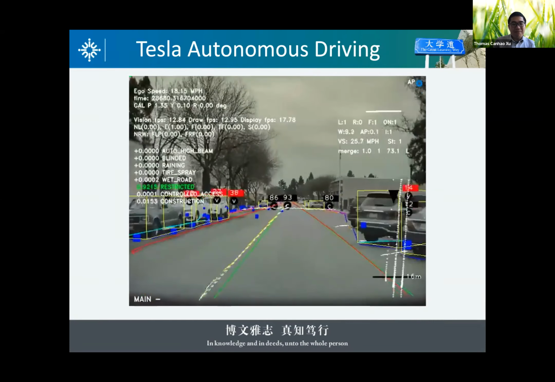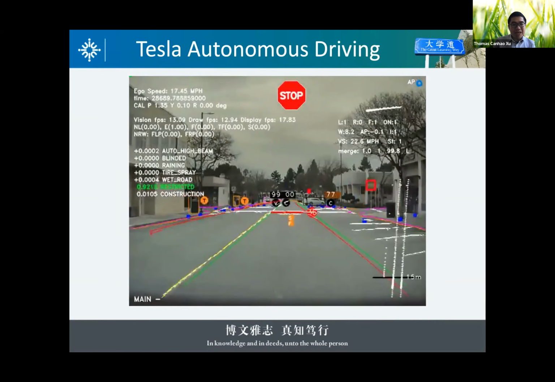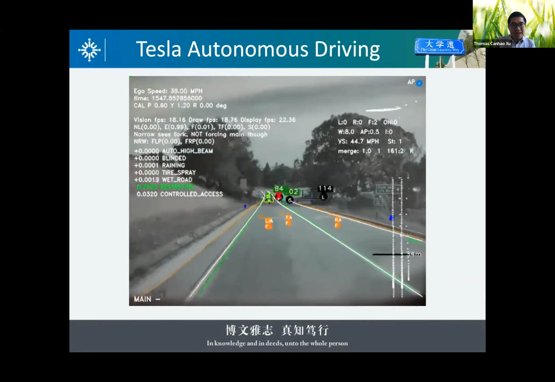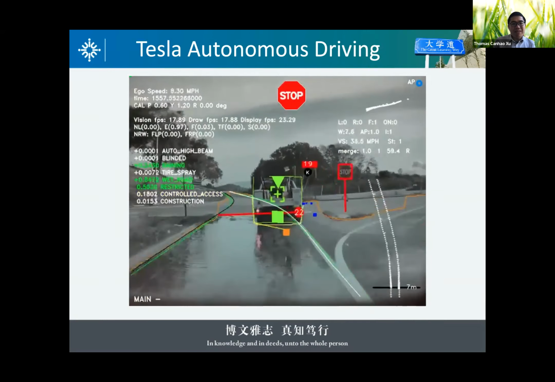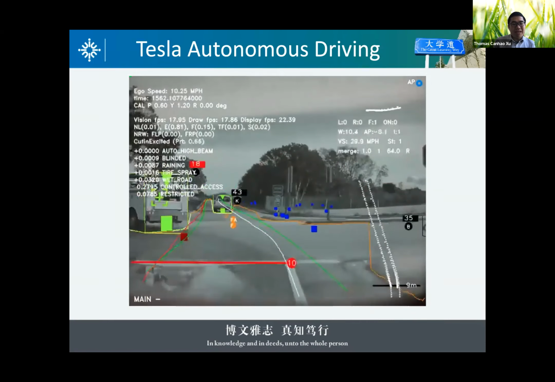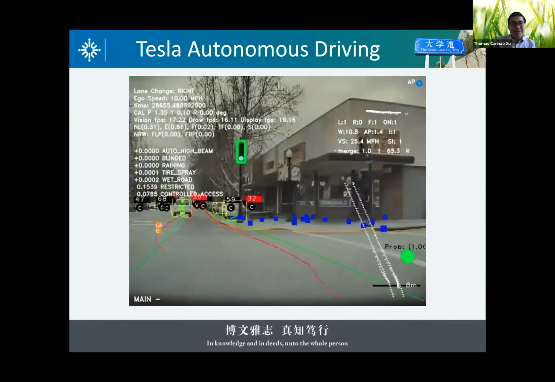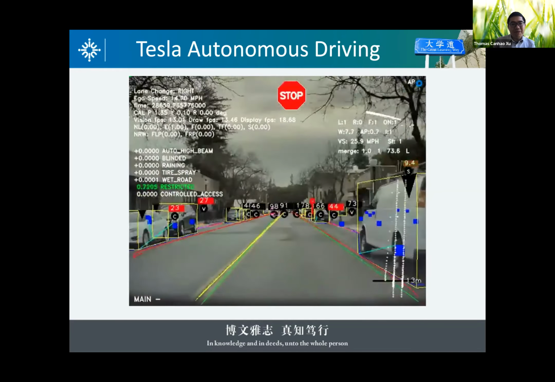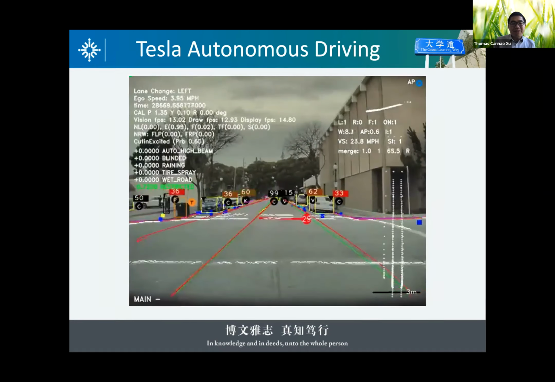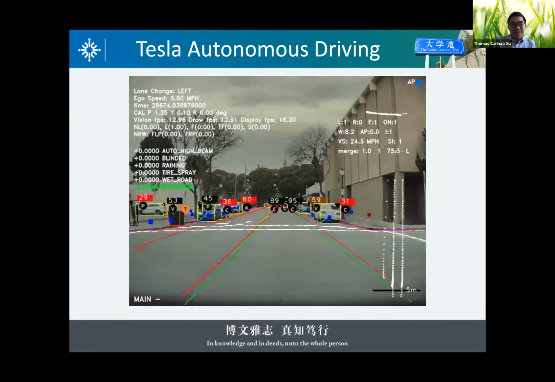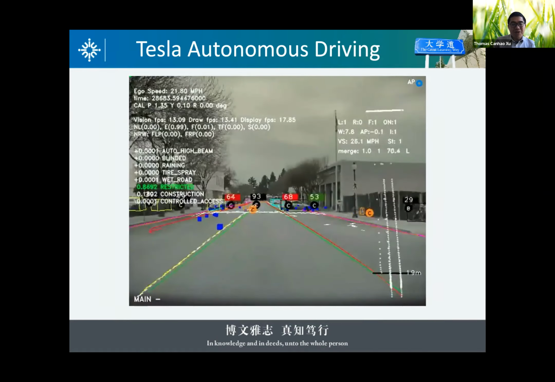So in this case, you can have the so-called autonomous driving. As you know, this must happen in real time. The processing delay can only be something like a few milliseconds. So we have to achieve at least 30 frames per second, or maybe we require 60 frames per second, something like that. So this kind of system is some system you can use, right? So that's what we are calling